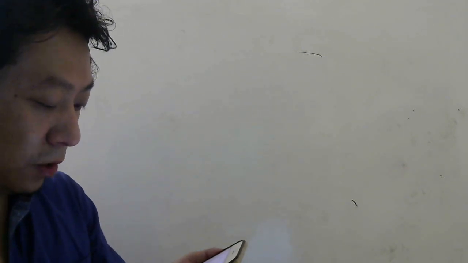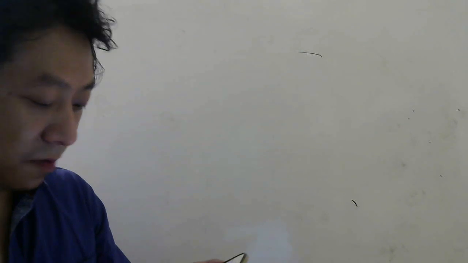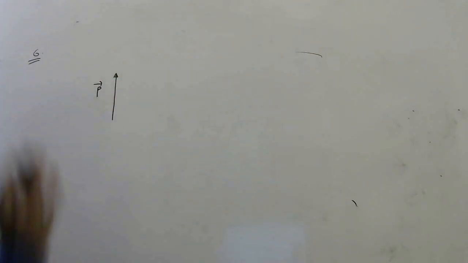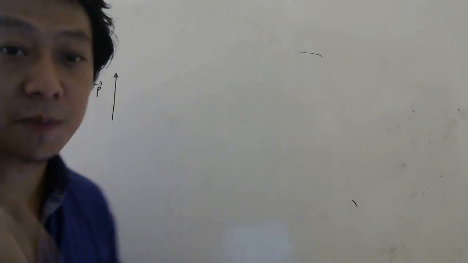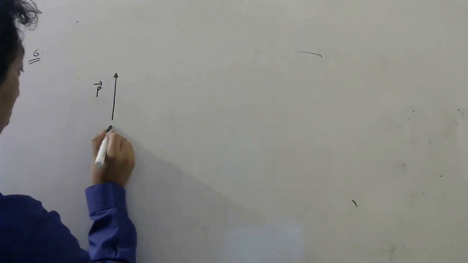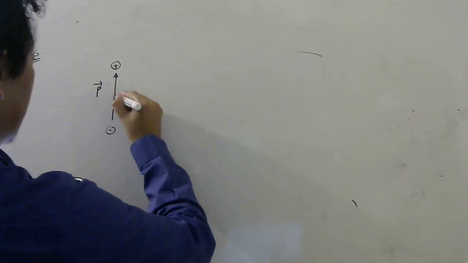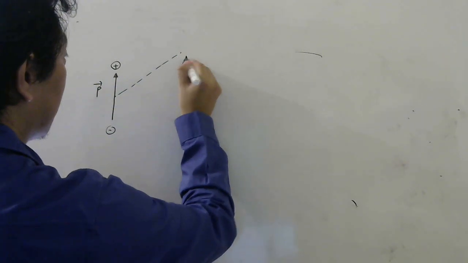Question number 6 says, the electric field at a point A due to dipole is perpendicular to dipole moment P bar. Find the angle theta. So let me first draw the diagram. They have shown you dipole moment this way. This is your dipole moment. So now tell me quickly, where is minus q, where is plus q? If dipole moment is this way, somewhere here is minus q and somewhere here is plus q. Correct na? From the center, there is a point A they are saying. And this angle they are saying theta.